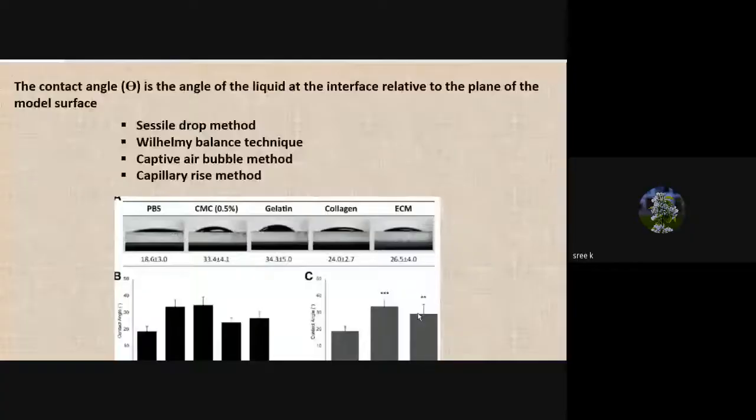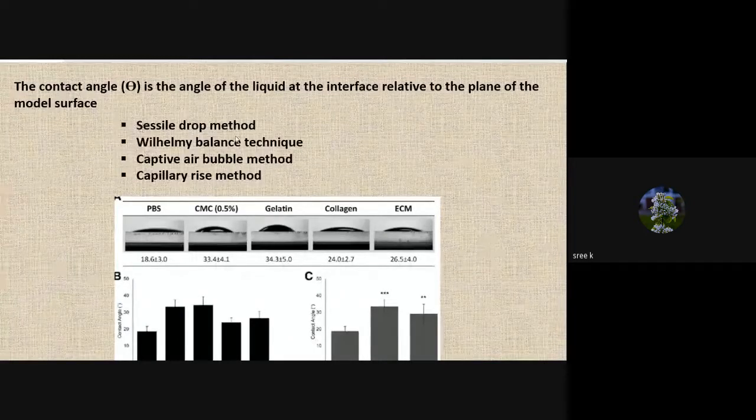This can be understood by a simple method: you have a liquid on the surface, and you are using a camera. You can measure the contact angle in a dynamic condition, so how the spreading happens and how the wettability is. So here you have the theta, and you have different methods. This is the famous sessile drop method, which is largely used. And you have other